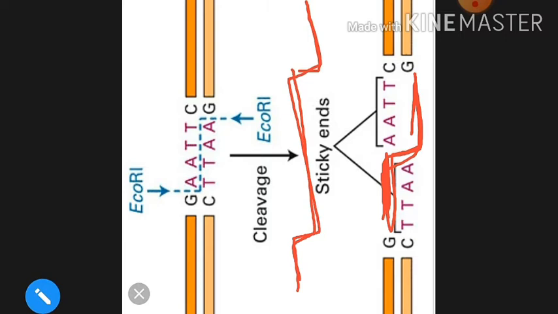So this will facilitate the joining of desired DNA, क्योंकि यहाँ पर हमें क्या करना होता है, किसी भी जो desired DNA सेगमेंट है, तो desired DNA सेगमेंट यहाँ पर हमको लगाना होता है, यहाँ पर हमको अटैच करना होता है इस तरह से। अगर हम सीधे सीधे लगा देंगे, तो वो ठीक तरह से ज्वाइंट नहीं हो पाएगा। तो परफेक्टली ज्वाइंट करने के लिए we will have to make a sticky end, and that is only possible by restriction enzymes.